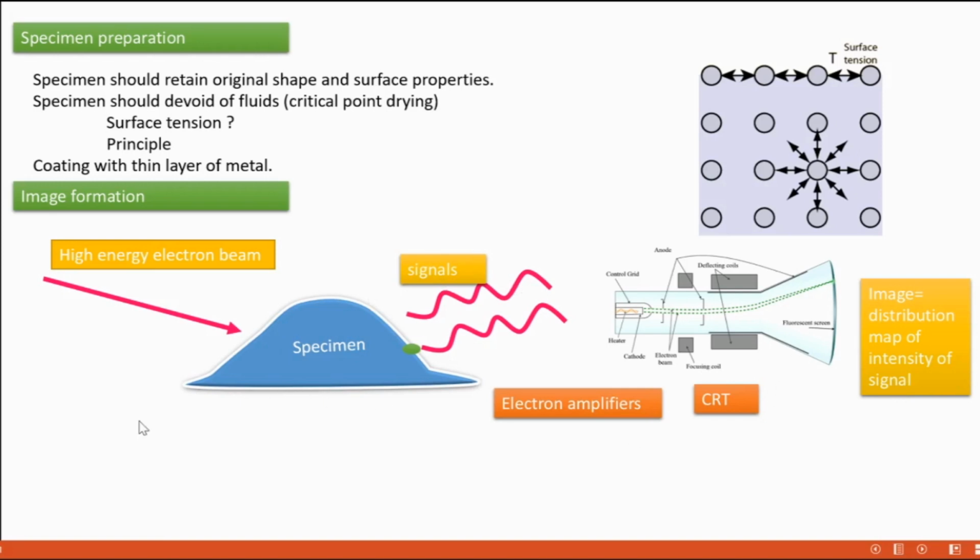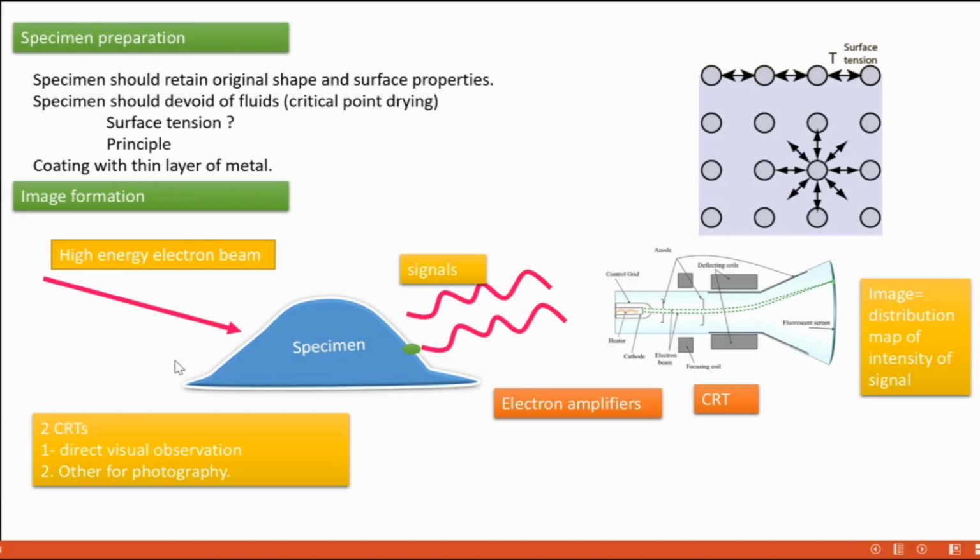And here, two cathode ray tubes are used. One is for direct visual observation. Direct visual observation means using this cathode ray tube, we can observe the specimen during focusing. We can decide at what point we need to take a photograph. For that, we need to continuously view the specimen during the process of focusing everything. For that observation, there is one cathode ray tube.